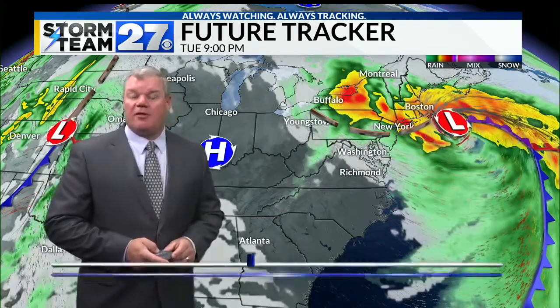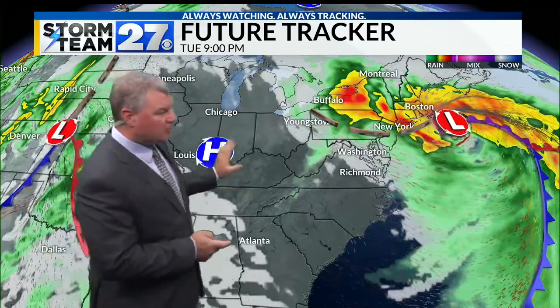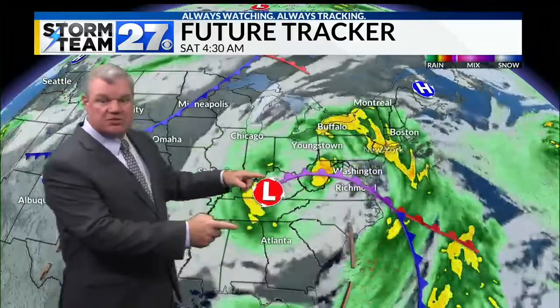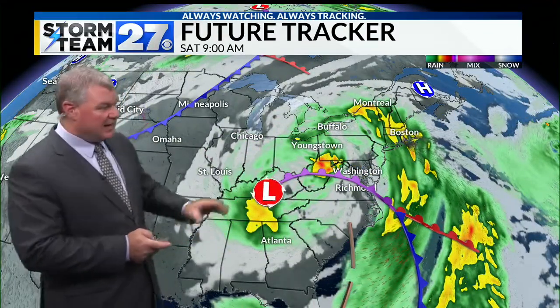We are rolling through our last week of October, and it has been a warm one. It has been a wet one, and now it's turning stormy just in time to end the month. This week, we're getting one storm system out of here. By late week, another storm system moves back in out of the west, both pretty big storm systems, and each